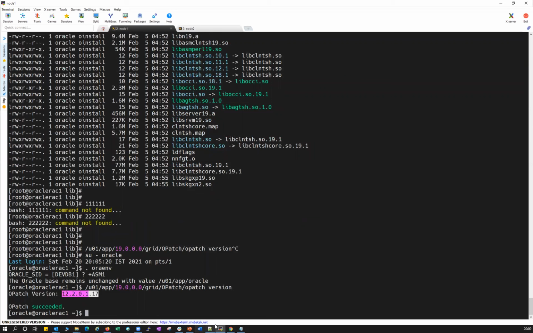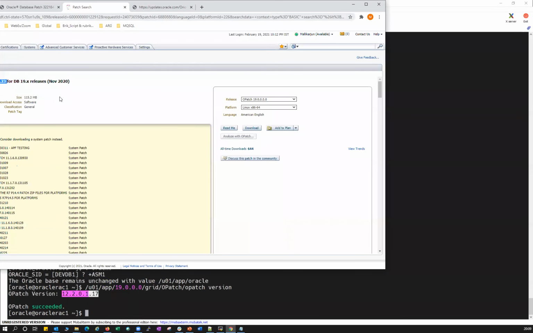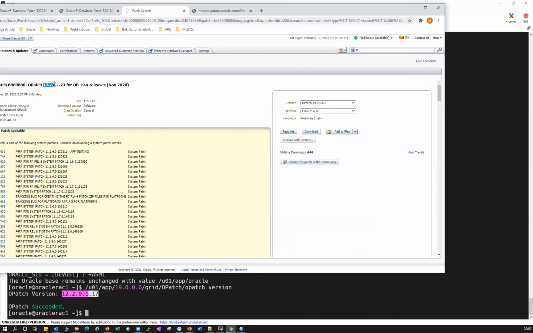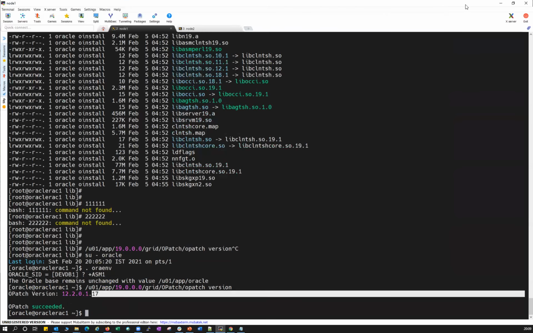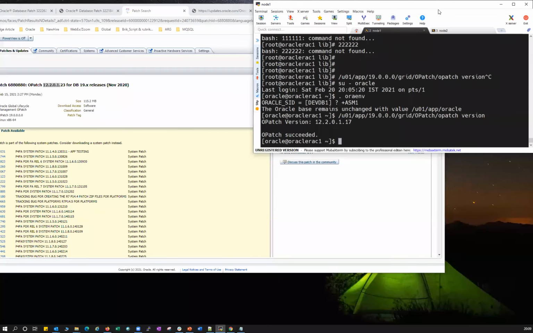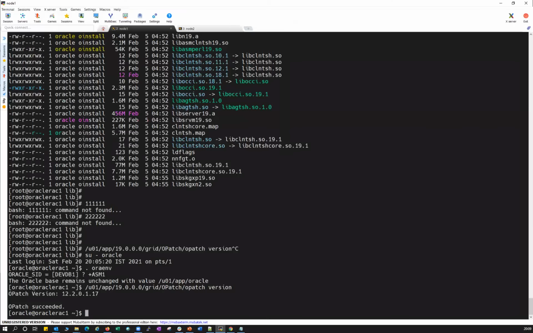But what is the latest OPatch available? If I go back to the screen, you need patch 12.2.0.1.23. You can see this is 17. If you run the apply patch command, it will fail. I'll show you now. I'll try to apply without patching OPatch, and then it will fail, and then we'll see. I already downloaded the latest patch, and we'll see it.